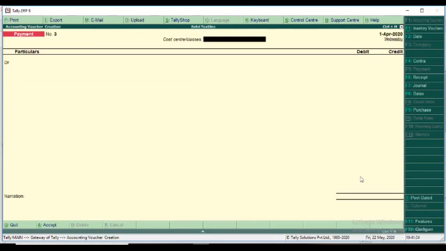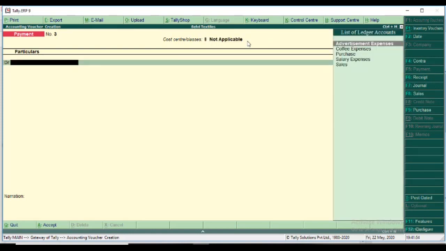Accounting Voucher, F5 Payment. Yes, payment is available, but select the advertisement class here. If you don't need it, please enter; this is not applicable.